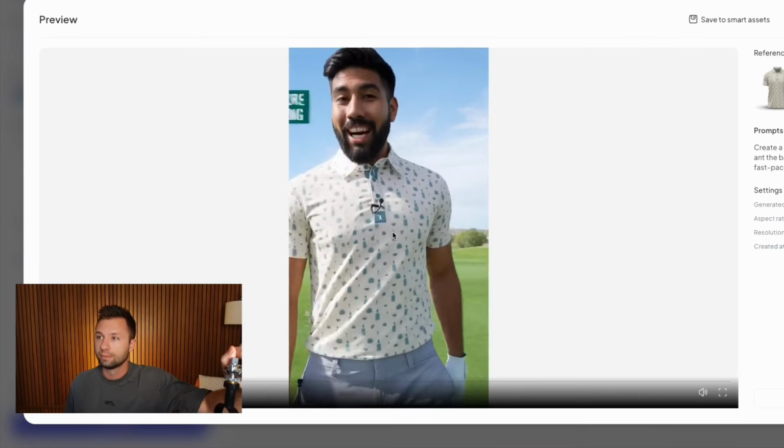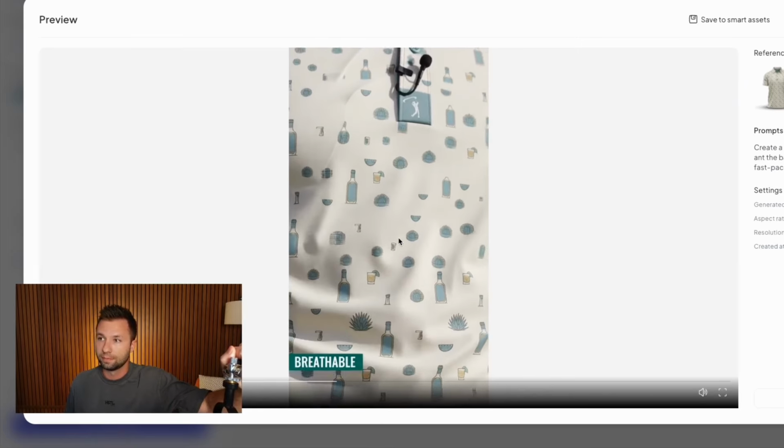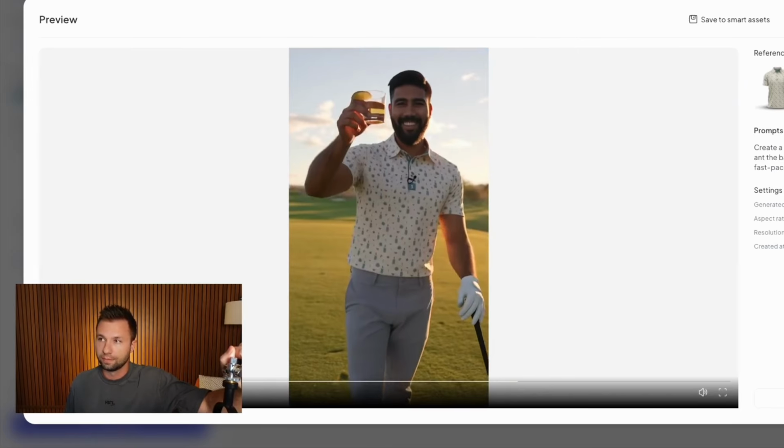Finally, a golf polo you'll actually want to wear. This Bogey Bros tequila print polo is moisture wicking, breathable, and packed with 4-way stretch, so it moves with you